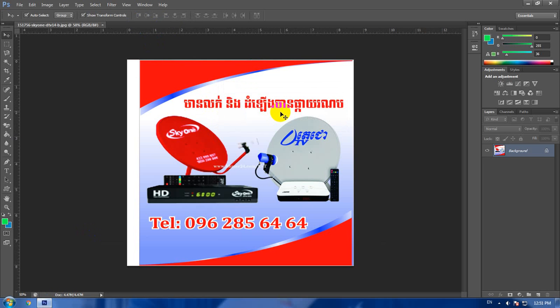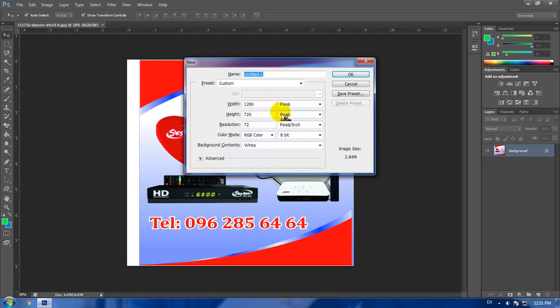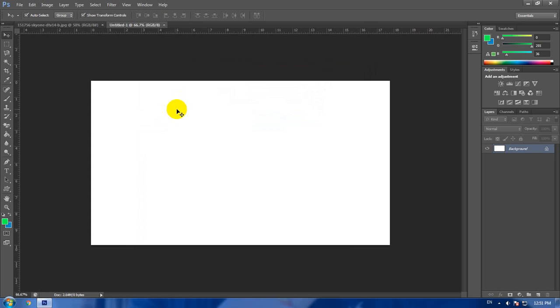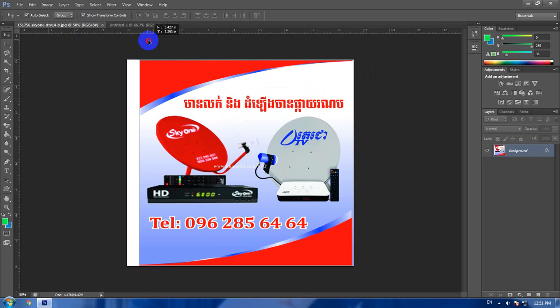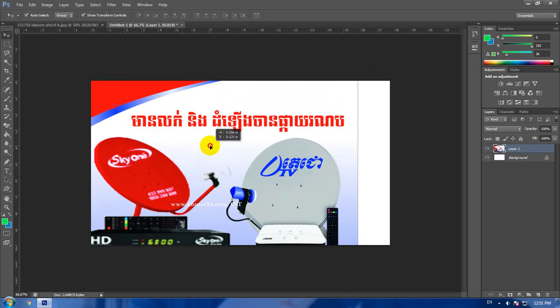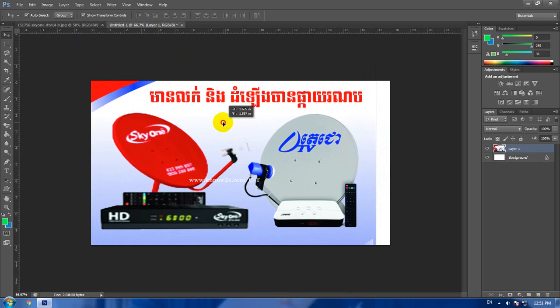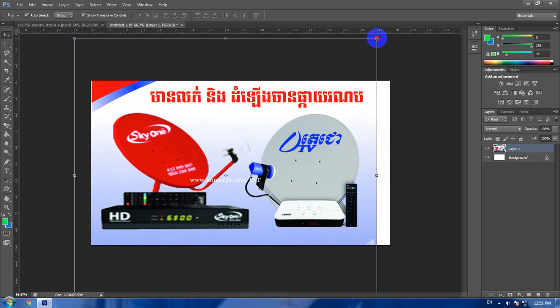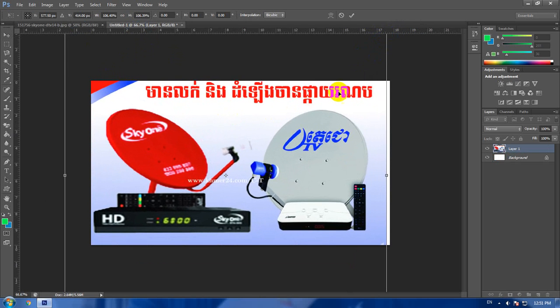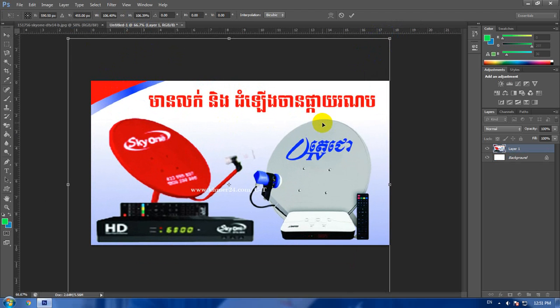And now we're gonna open a new layer here, create a new layer and drag it here also. And for example, I'm gonna use that to fit my screen here. Okay, and now click enter. And here is the way that you can